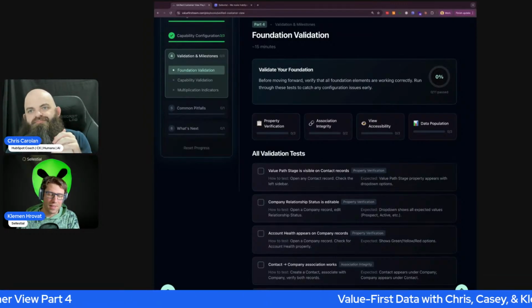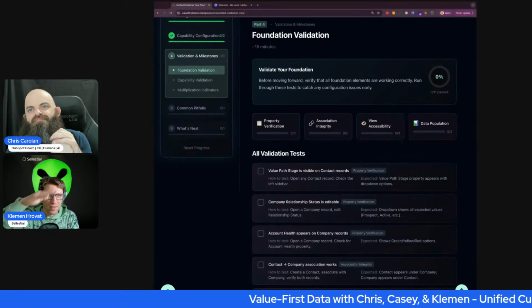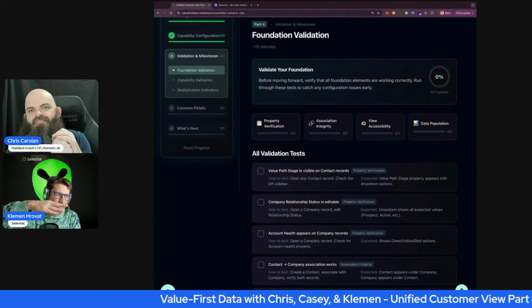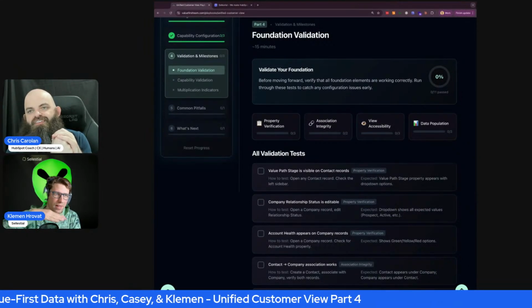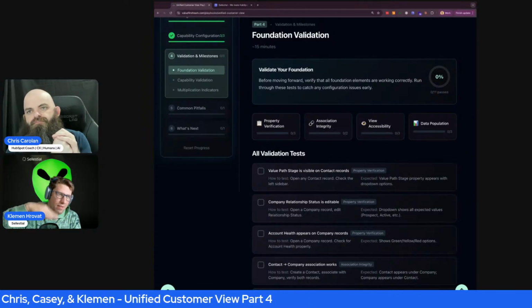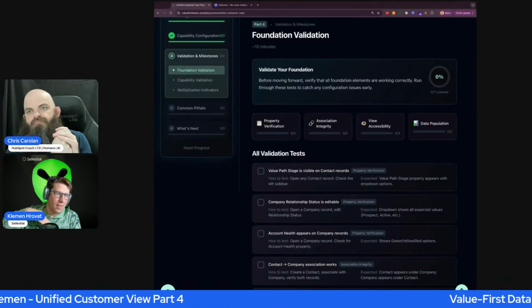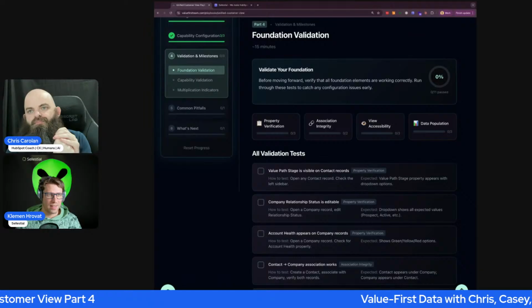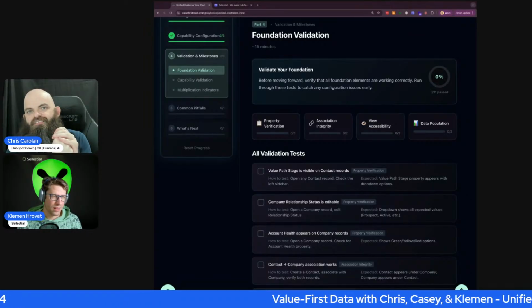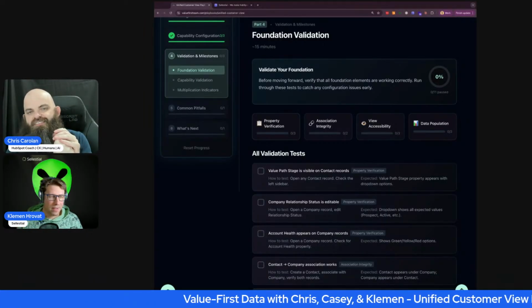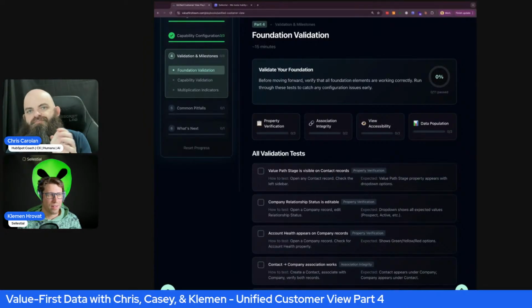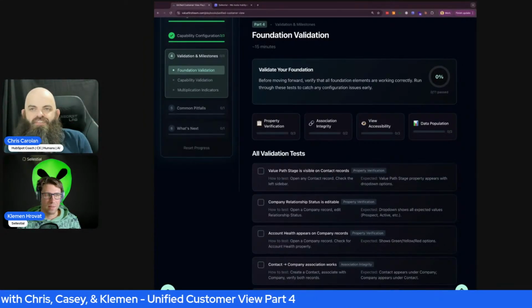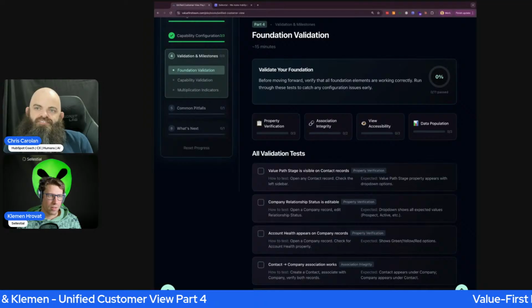It should be right next to first name, last name, job title, email, phone number, yes or no if you use it or not, and LinkedIn, which are the relevant communication layers. But right next to that, I put lifecycle stage or value path stage, because this is the important information. You should have it really quickly visible, and you should know where to look.